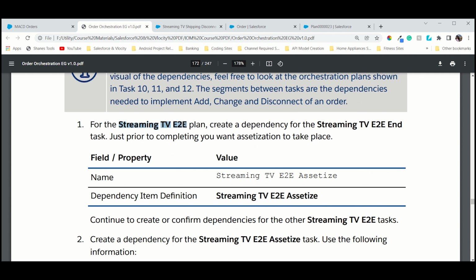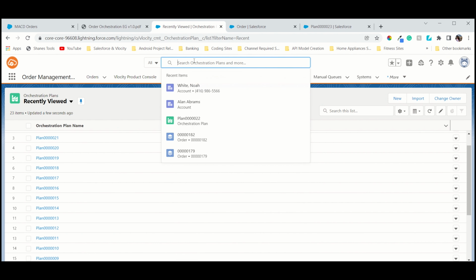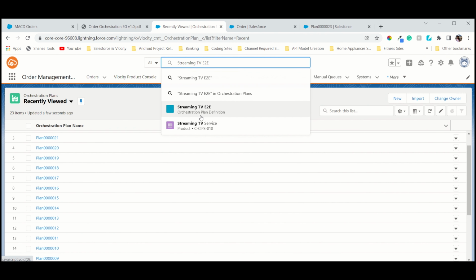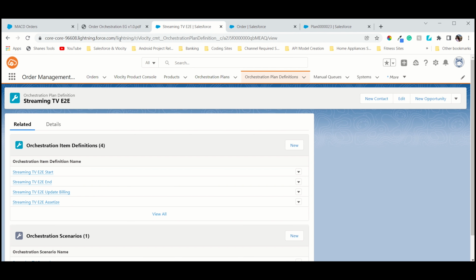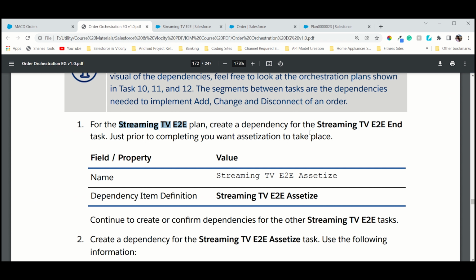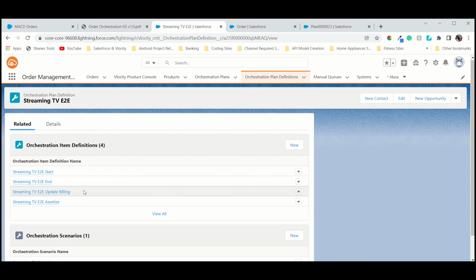Okay, now we have to create orchestration dependency. For that we have to go into the orchestration plan, or search it. It's already there, so we don't have to create it. If you are having any doubt, then directly search it, then it will be easy for you. Now we have to create orchestration dependency definition. For that we have to copy it, and then go into,